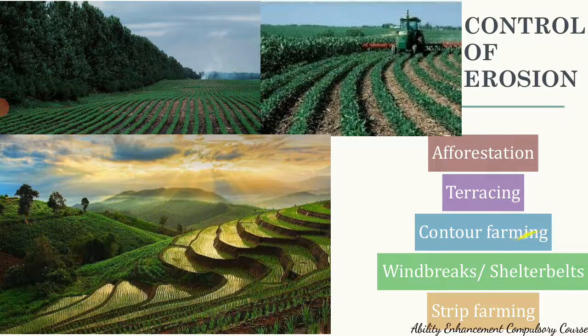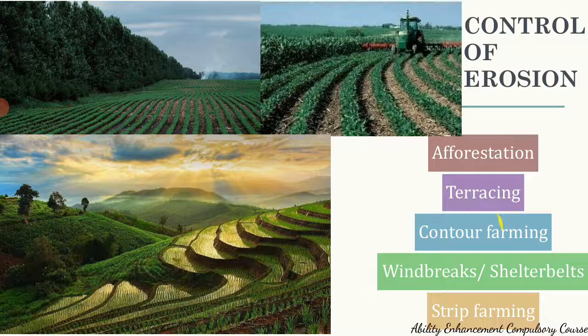We also have contour farming, which is very similar. In contour farming, there is farming with row patterns. So this is contour farming, where there are row patterns that are dug in, that run nearly around the level of the hill. They are not running up and down like this, they are along the slope of the hill. Here again, water flow is being controlled due to these furrows that are dug in between. So these furrows are dug into the slope, into the soil, which ensure that there is no movement, runoff of the water. So these two are steps of farming which are very easily followed and which can definitely reduce soil erosion